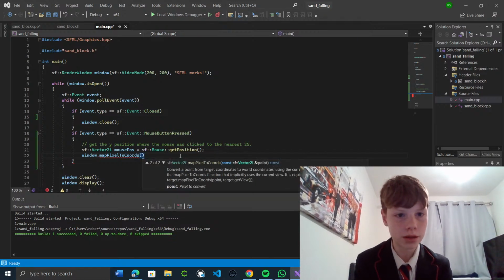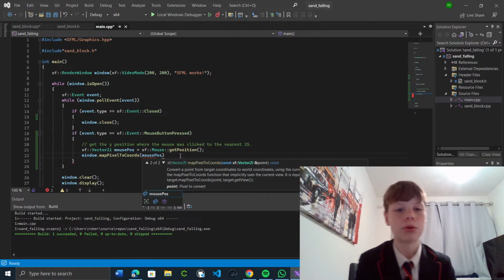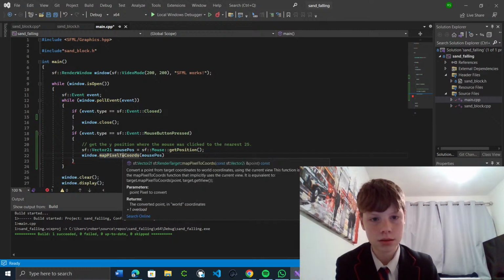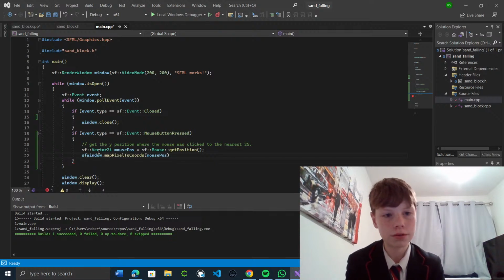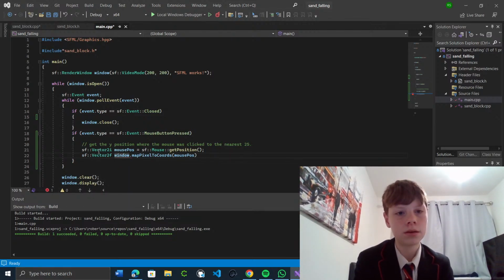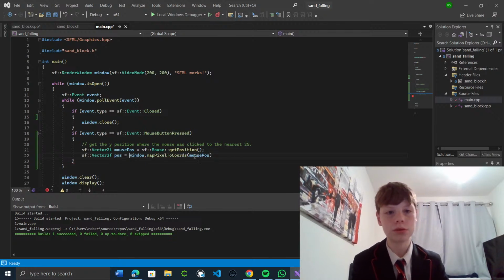What does it say? Mouse pos. What does it return? sf::Vector2f pos equals